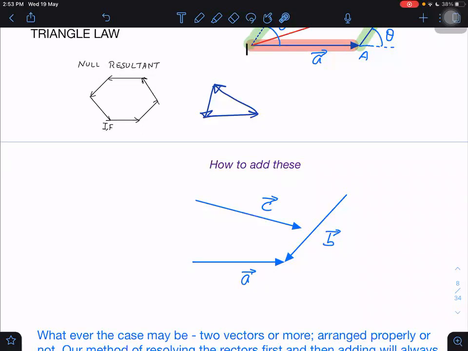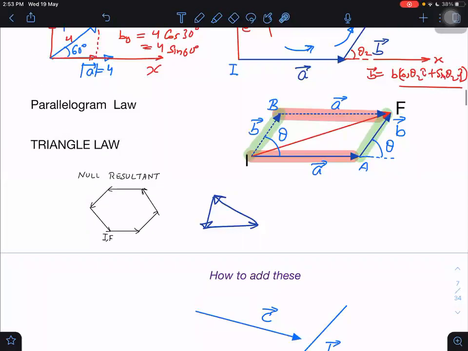Sir, show that parallelogram law, sir. This is the parallelogram law. Okay. Sir, what is the resultant here? This is the resultant. This one. Okay. Resultant of which vectors? A and B. But this A and this A are the same. I can take this as A vector and the lower A is also A vector. Similarly, this left side B is also B vector and the right side B is also B vector.